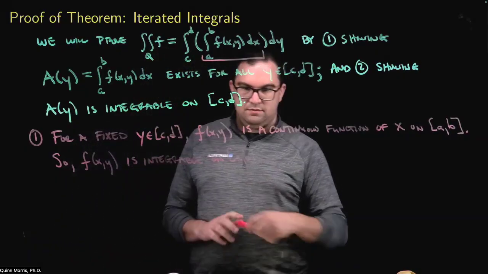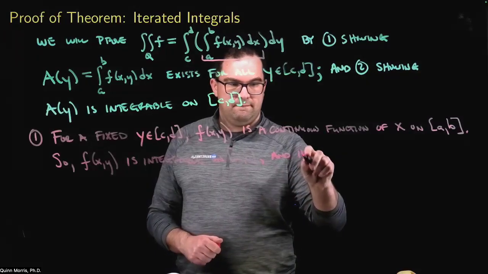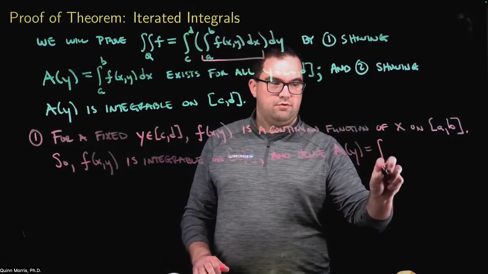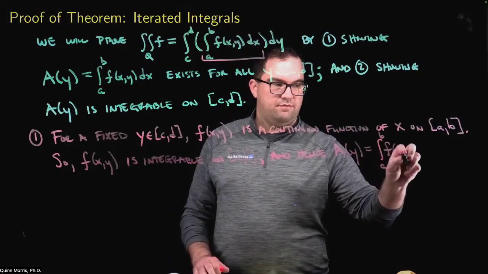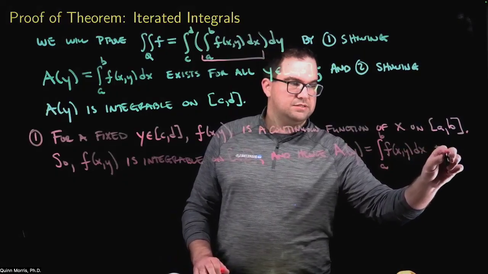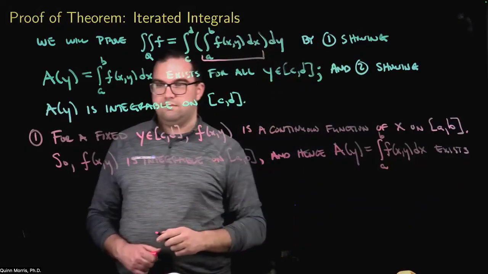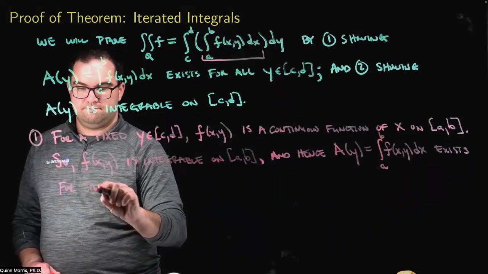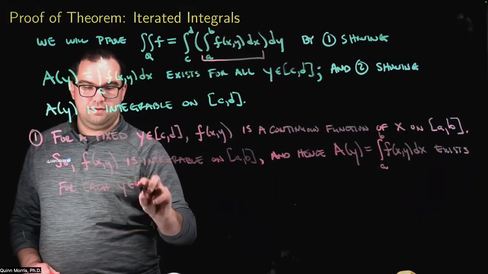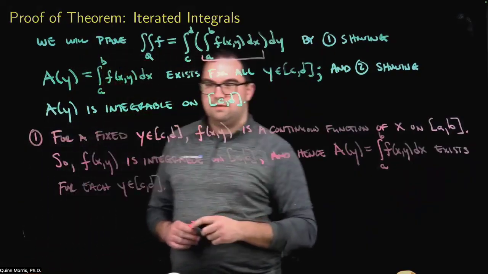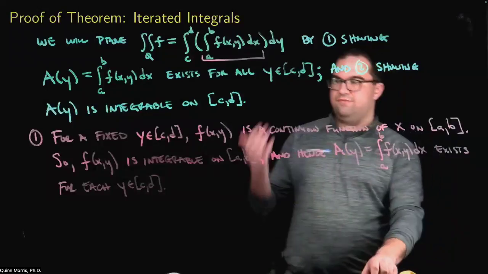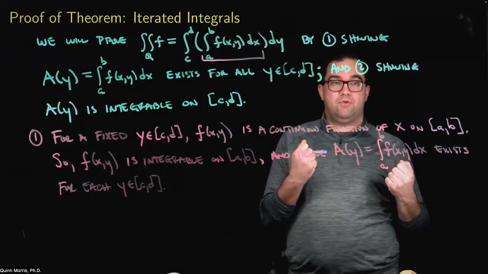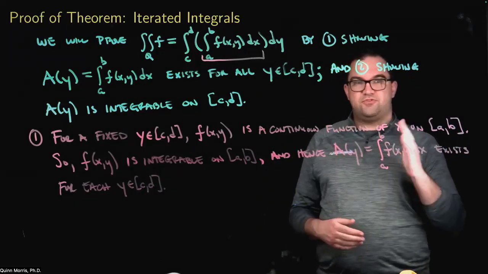Okay, and what does that mean? It means a of y, equal to the integral from a to b of f of xy dx, exists for each y in CD. So really here you're just using the continuity to give you the integrability. The key here is that this actually reduces to a one variable problem, because you're imagining y is fixed. So for each fixed y,